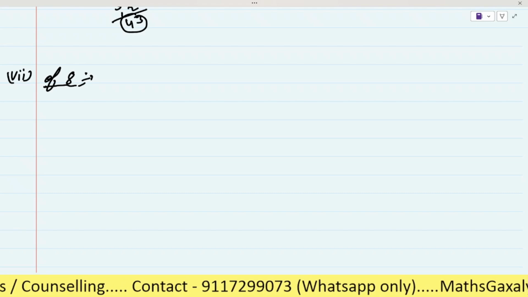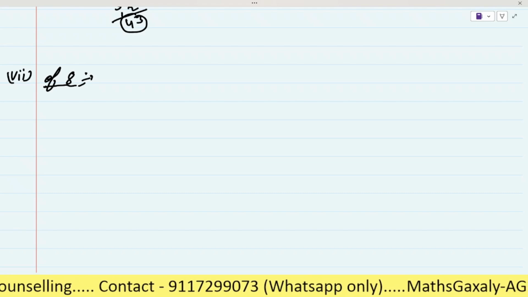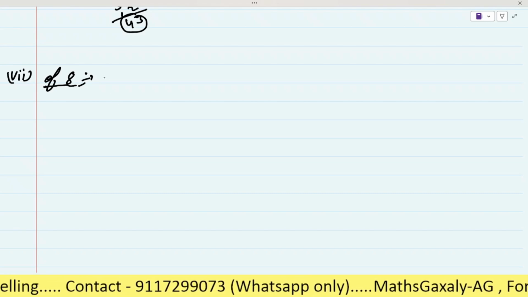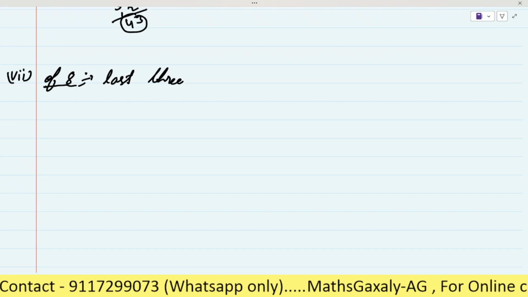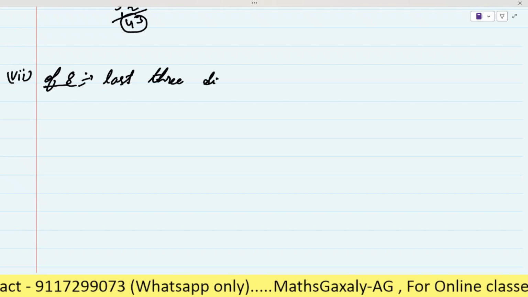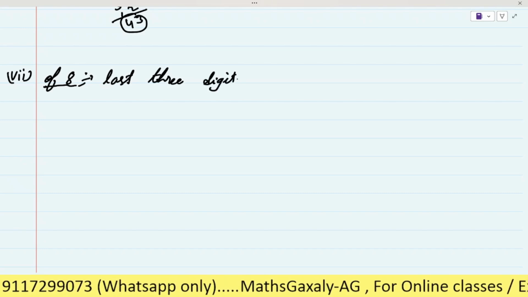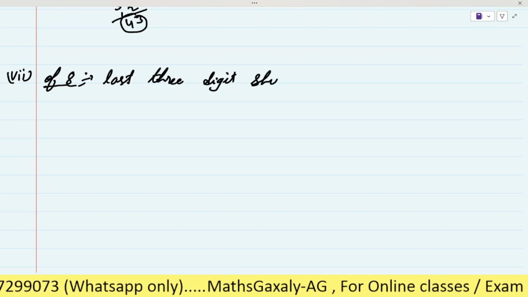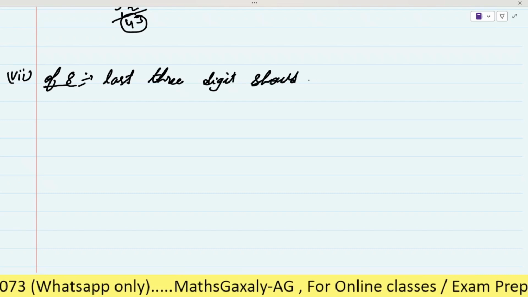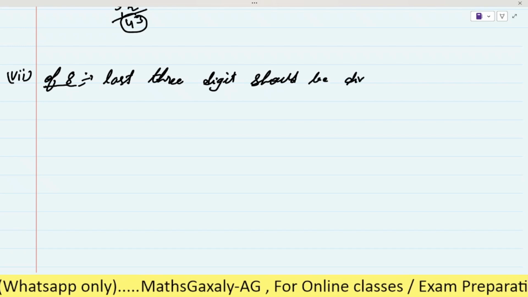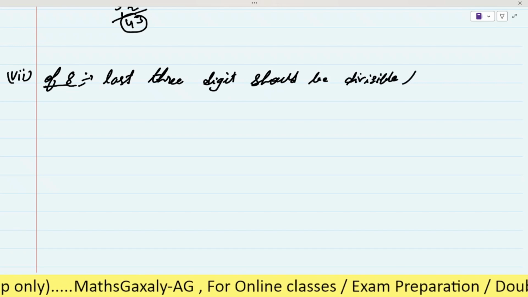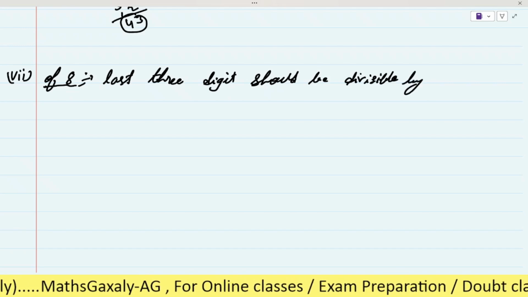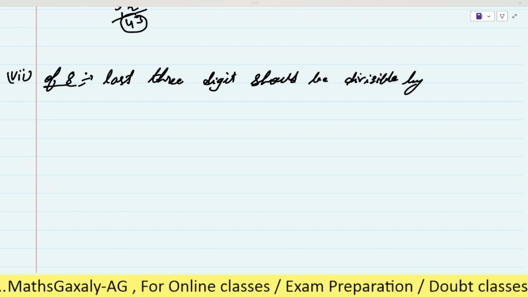For 8, the last 3 digits should be divisible by 8.